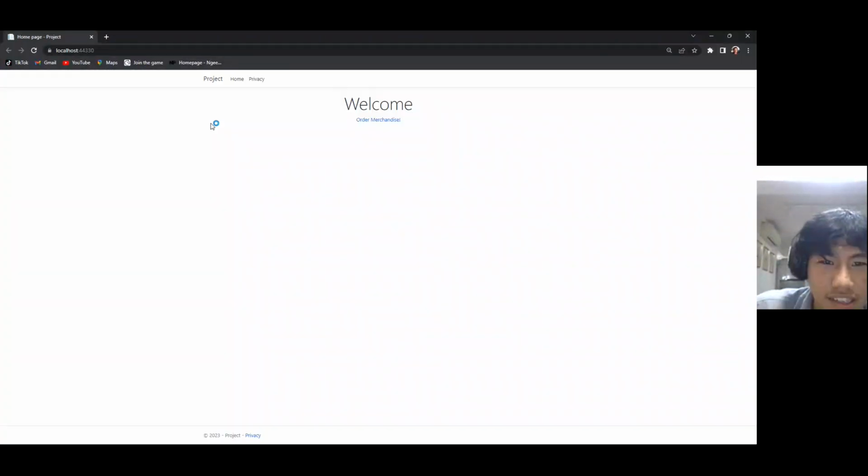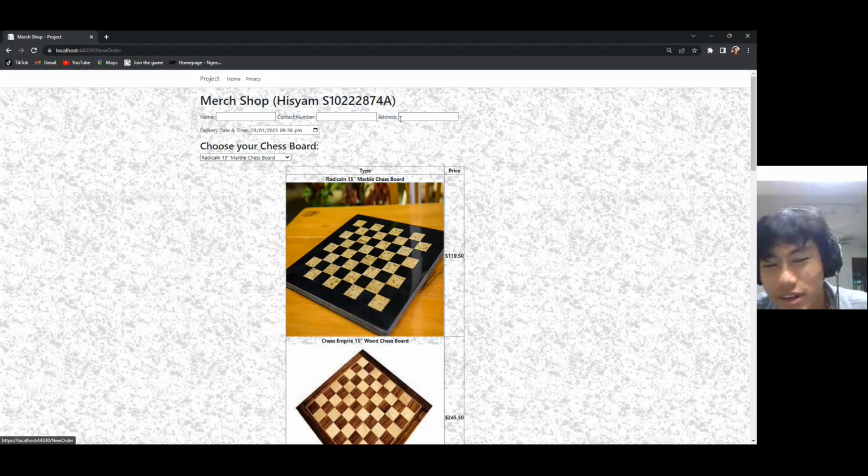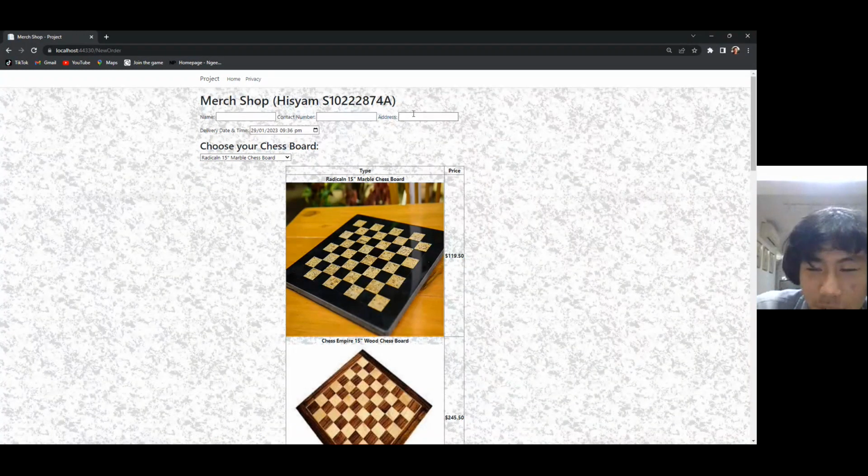So this is the welcome page. It's not important. It's actually a merchandise shop relating to chess. So how did I come up with the idea is I was sitting at